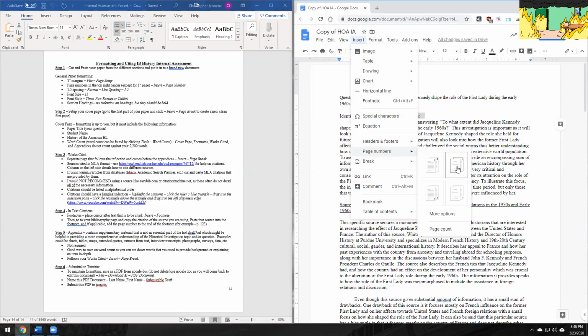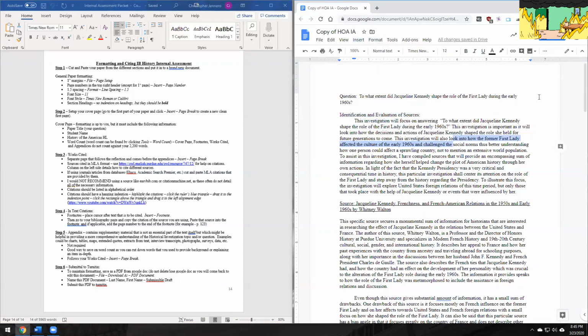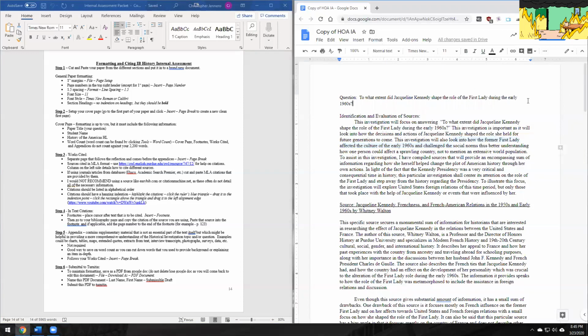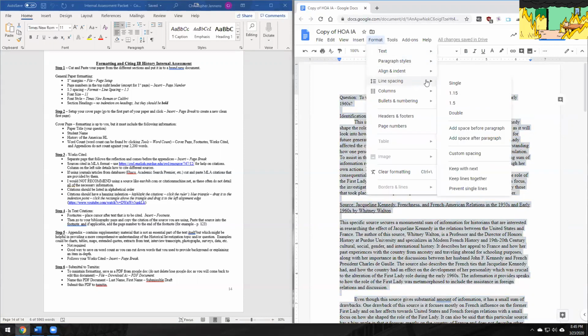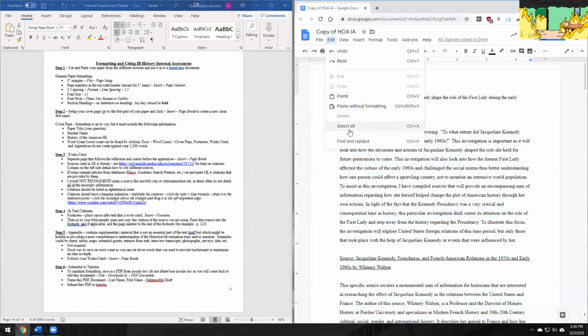So then you will click that, and notice here there is no page number on this first page, but if you scroll down to the second page, there's a page number, and once we insert our title page, that part will fix itself. Okay, then I want 1.5 line spacing, so not double spacing, but 1.5 line spacing on the entirety of the paper. So I will select all, go to Format, Line Spacing, and then 1.5. Do that, and then we see that change made,